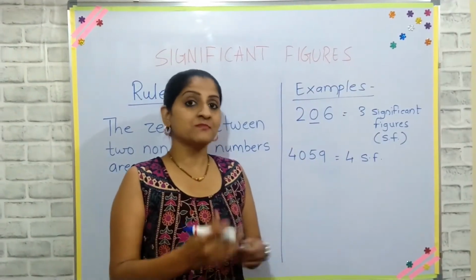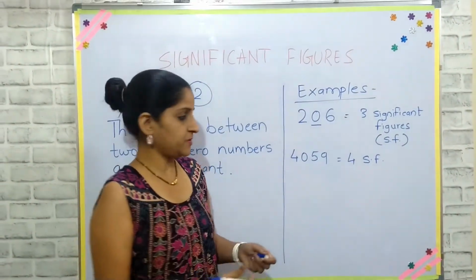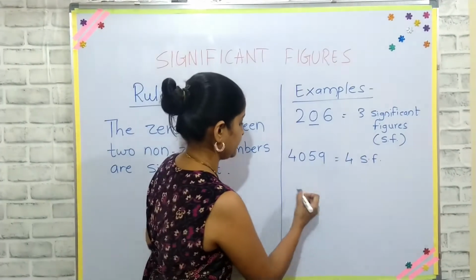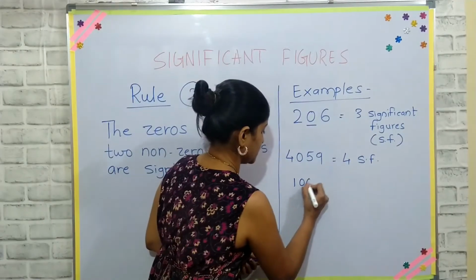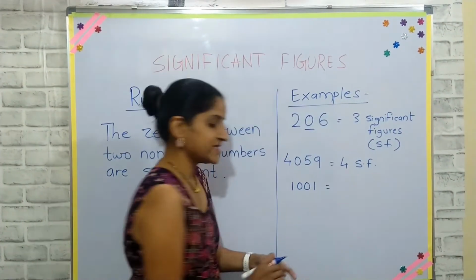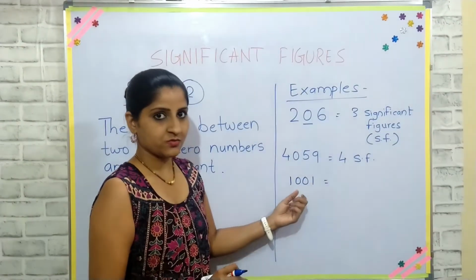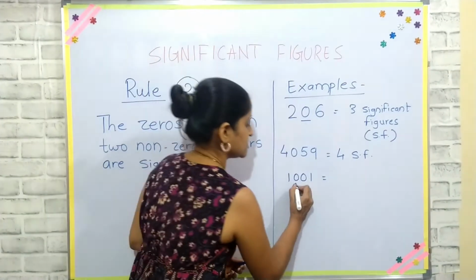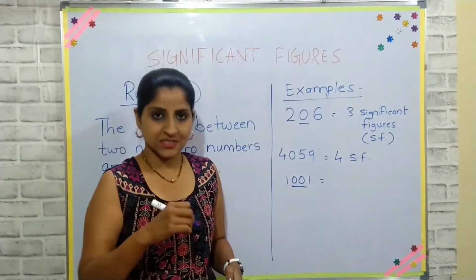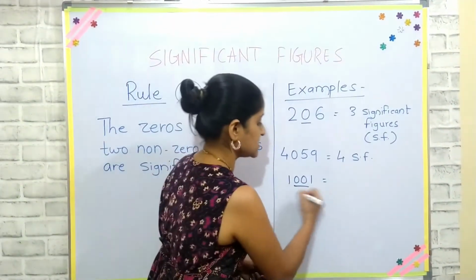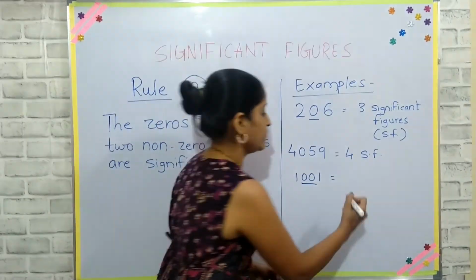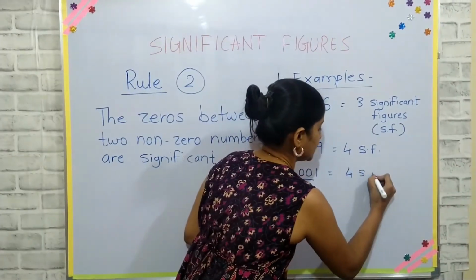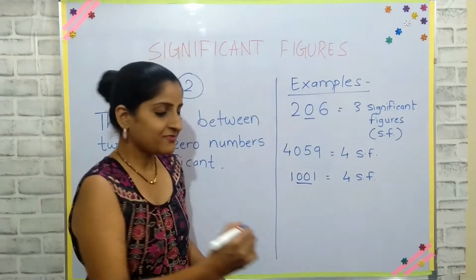But what if there are more than 2 zeros in a particular number? Suppose I write a number 1001. In this there are 2 zeros which are sandwiched between 1 and 1. So in this case, both these zeros are considered as significant, and again this number 1001 will have 4 significant figures. If I write a number